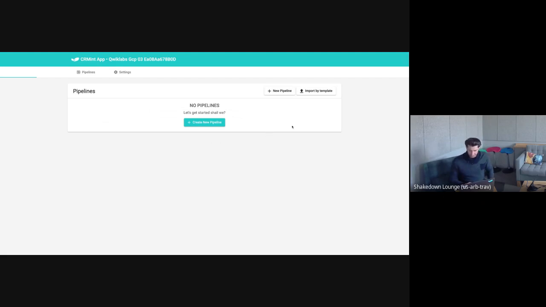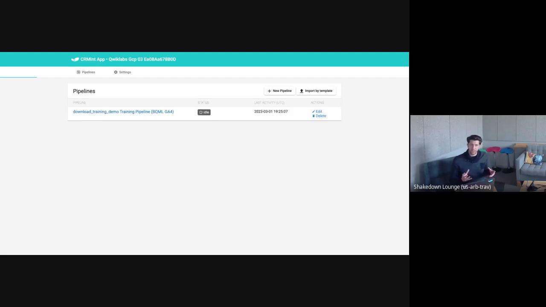And so what we can do next is those JSON files that we just downloaded from the instant BQML form, we'll go over to import by template here in the upper right hand corner of CRMint, and we'll click that. And so now I'm just selecting the training pipeline JSON file and hitting open. And when I do that, it's importing the instant BQML pipeline instructions into my CRMint application. And as you can see, this is our demo training pipeline, which is built on BigQuery machine learning